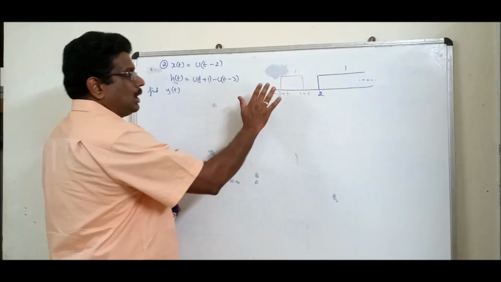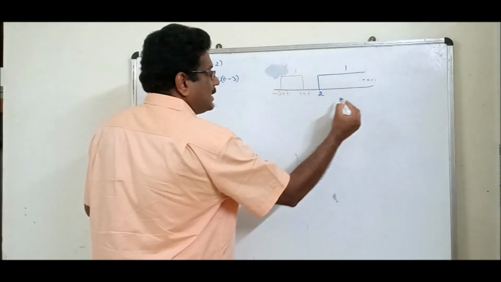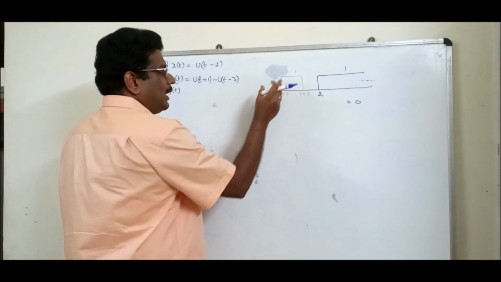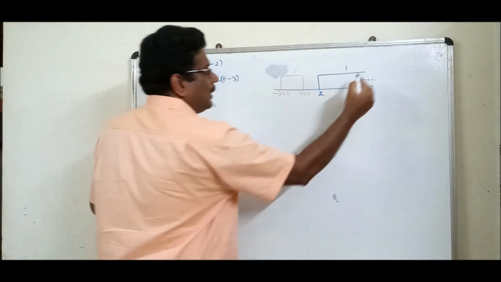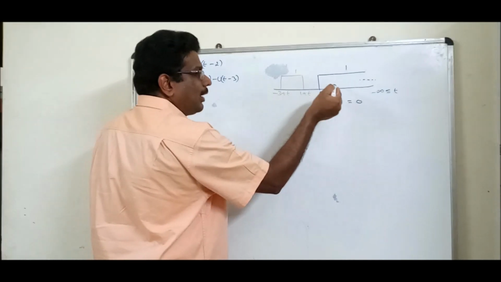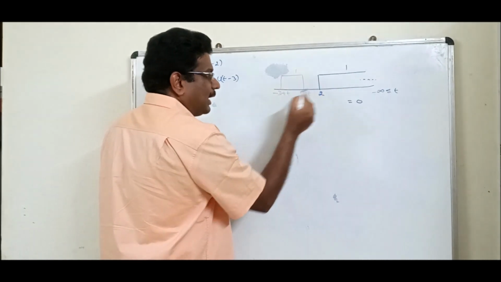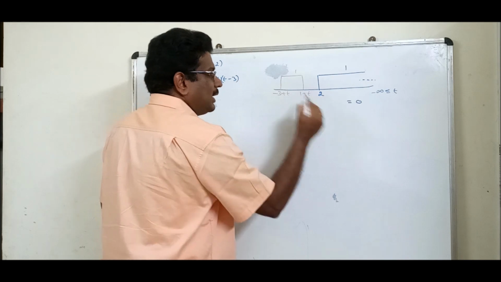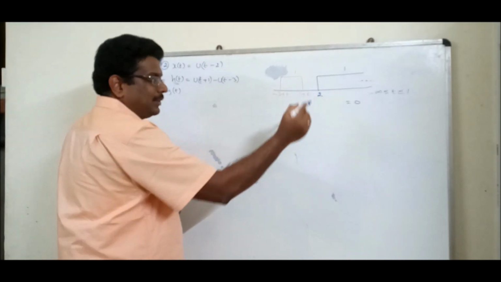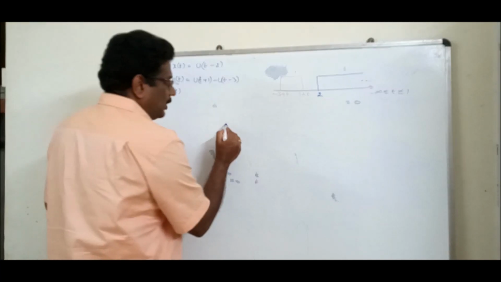There is no common place between these two signals, which means overlapping is not there. So its amplitude, if you multiply, will be 0 because there is nothing in common. From minus infinity, up to where should it not cross? If it crosses, it will become a common area. That will be the next diagram. Up to here. What should be the t value so that it will touch here? Up to 1. That is 1 plus 1. In this region, the amplitude will be 0. Let us go to the next sketch.